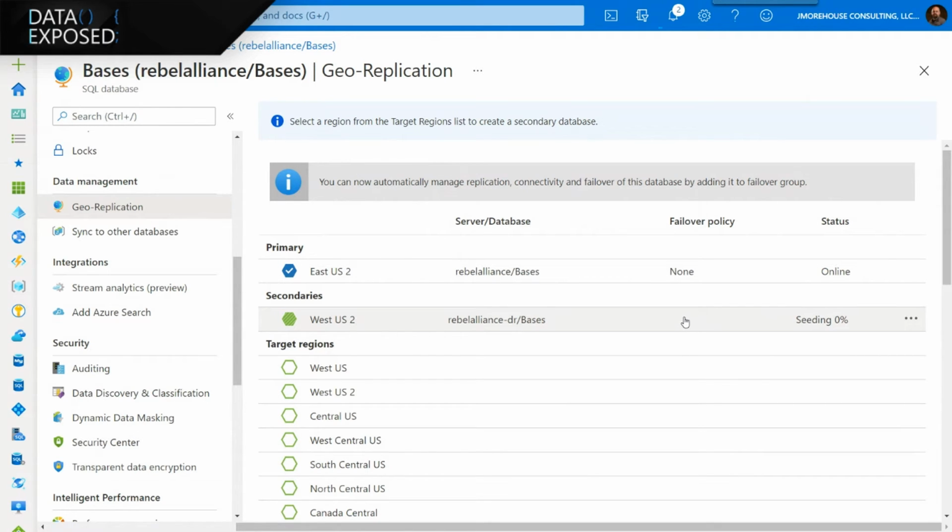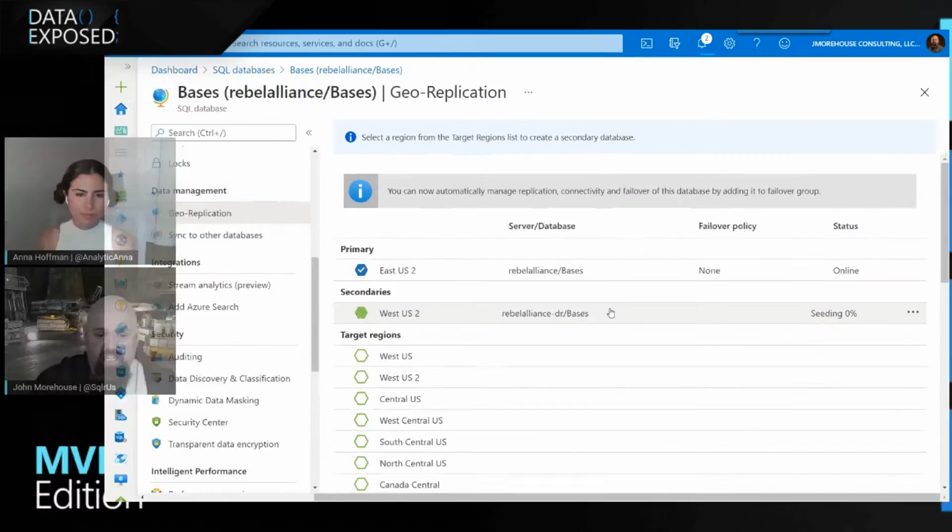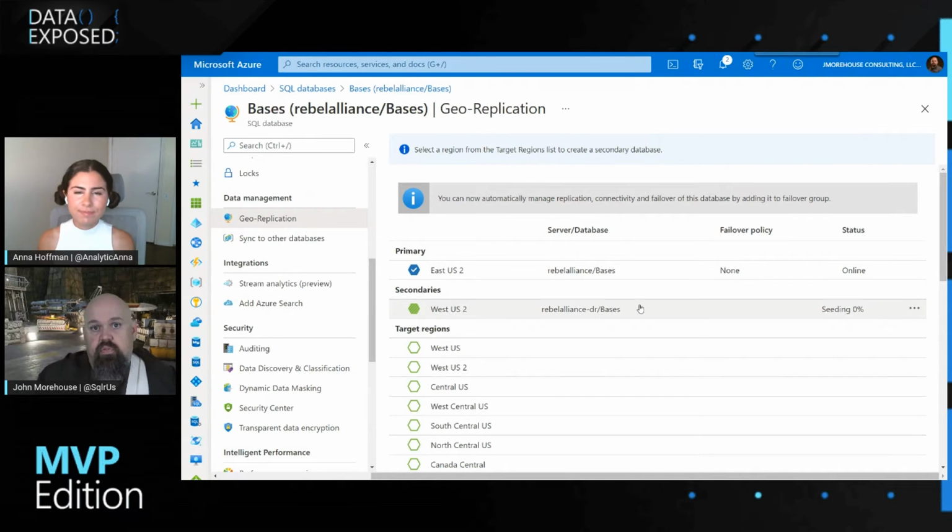It's going to take a second. But think about, as a DBA, as you're going through this process and we're waiting for this thing to seed, how easy it is to configure, right? So now I have a solid disaster recovery solution for my Azure SQL Database located in a completely different region